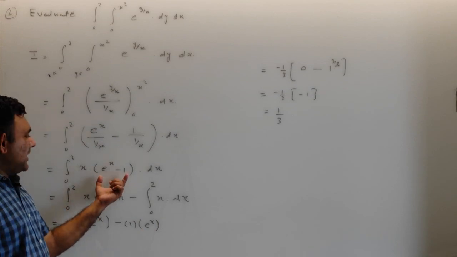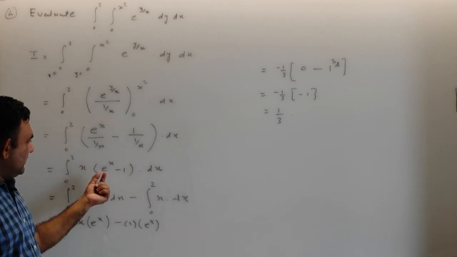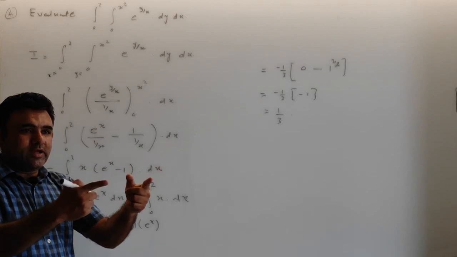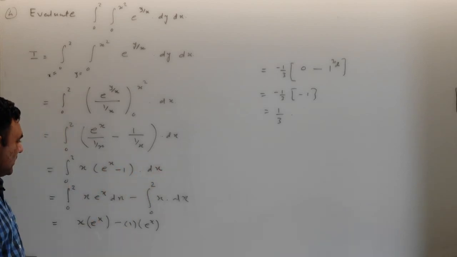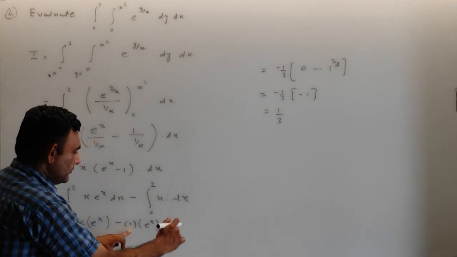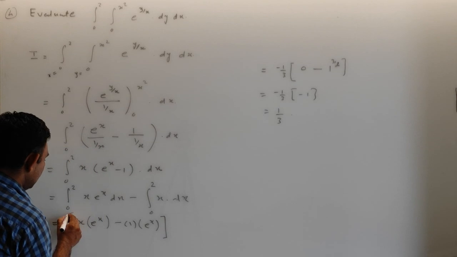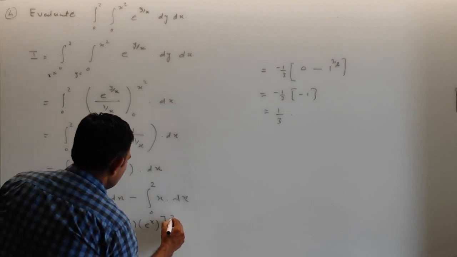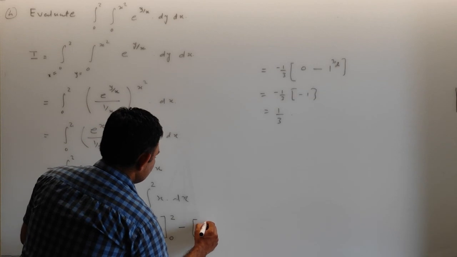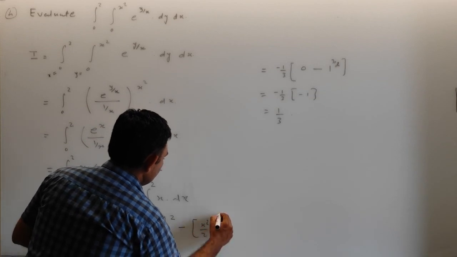See, if I consider that, then the integration of first I get integration is e raised to x minus x, then e raised to x minus x square by 2, that term will get complicated, so I make this. So now derivative of 1 will be 0, so we stop here, and limits is from 0 to 2. Now minus integration of this is x square by 2 from 0 to 2.